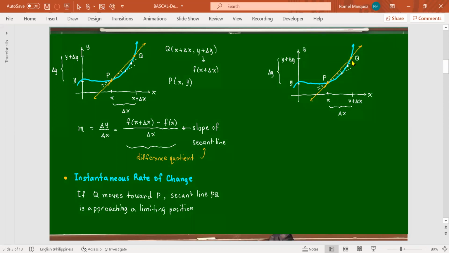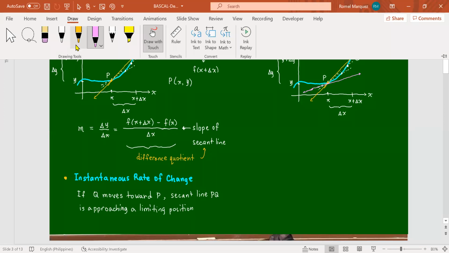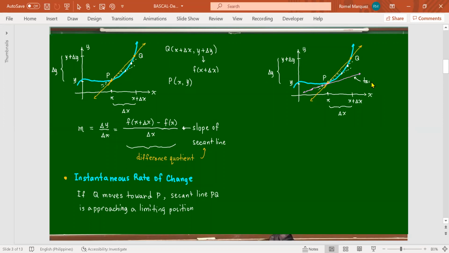So again, if Q moves towards P, this secant line will approach a limiting position, and that limiting position is called the tangent line, since it only intersects at one point. It will reach it eventually as Q moves towards P, if the distance between P and Q is very, very small,